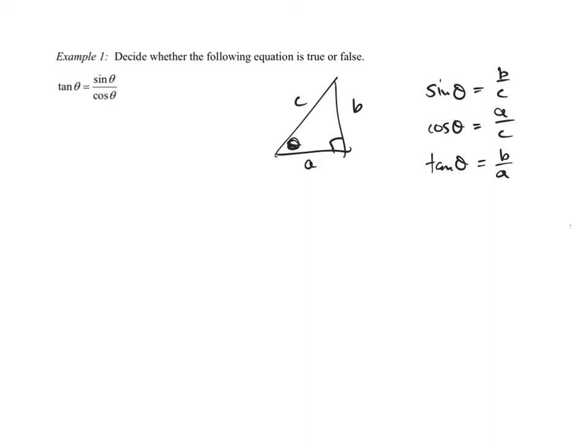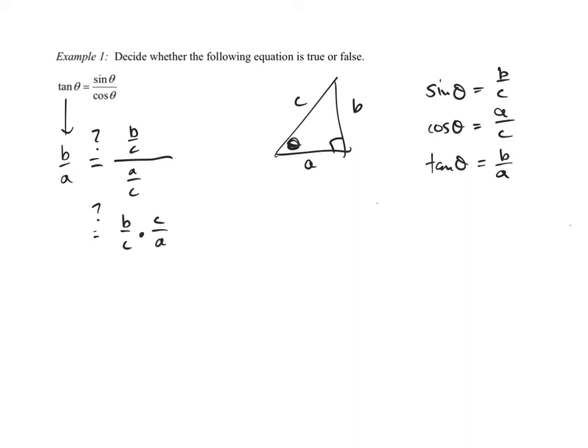So in this equation here, I know that tangent theta is B divided by A, and I want to know, is that equal to sine theta divided by cosine theta? Well, sine theta is going to be B divided by C, and cosine is going to be A divided by C. And then what I remember about dividing fractions is that dividing by a fraction is the same thing as multiplying by the reciprocal